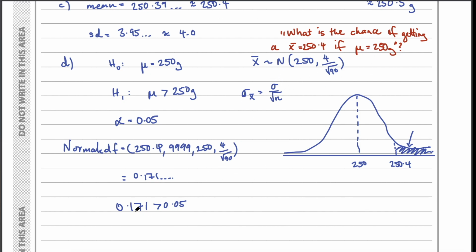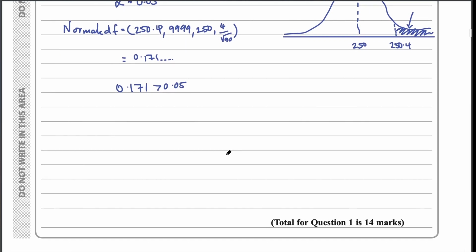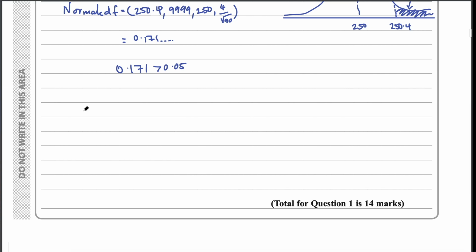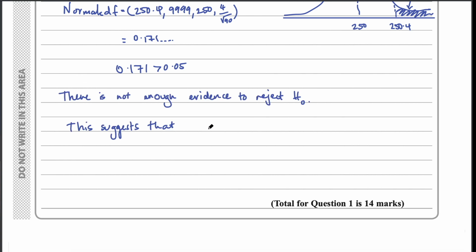So we're saying there's about 17% chance you get that, which is well above the 5% level of significance we were looking for. So we can go ahead and state there is not enough evidence to reject H0. And then this suggests that the mean weight is 250 grams. Okay, so that was part D